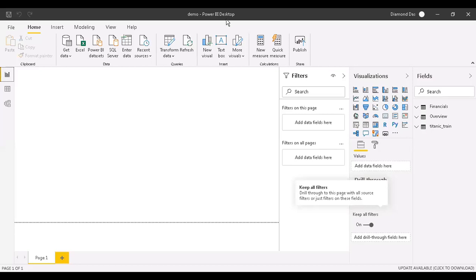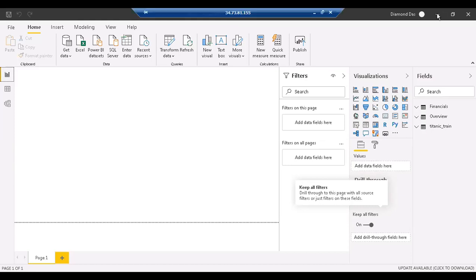Every one of these flavors of Power BI has its own strengths. Today we will not be looking at all the flavors, but the most powerful of these three applications, Power BI Desktop. This is the platform where you develop your visual analytics, or reports, if you call it that. So what I'm showing you presently is the Power BI desktop.